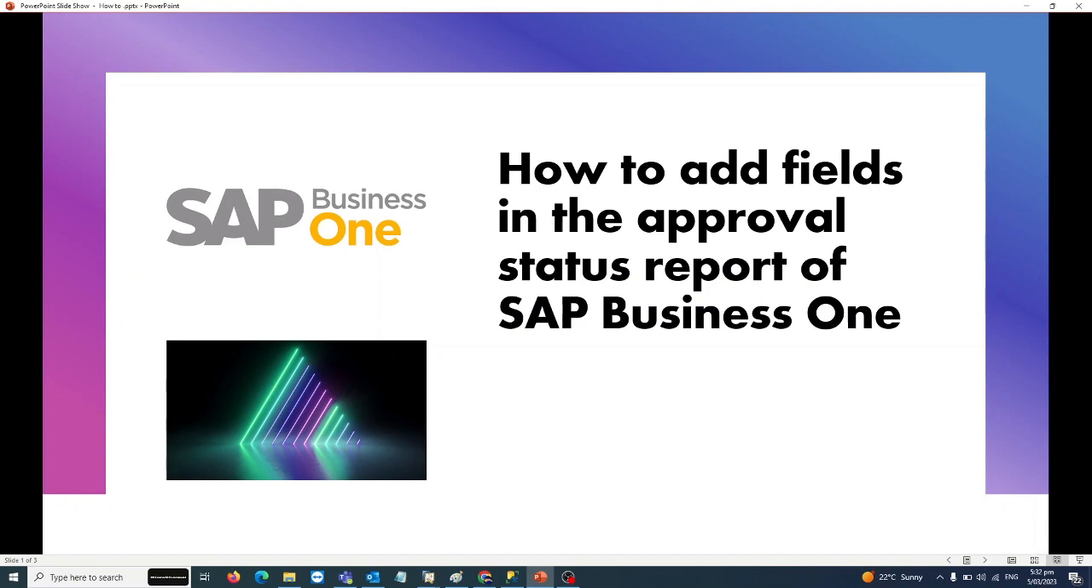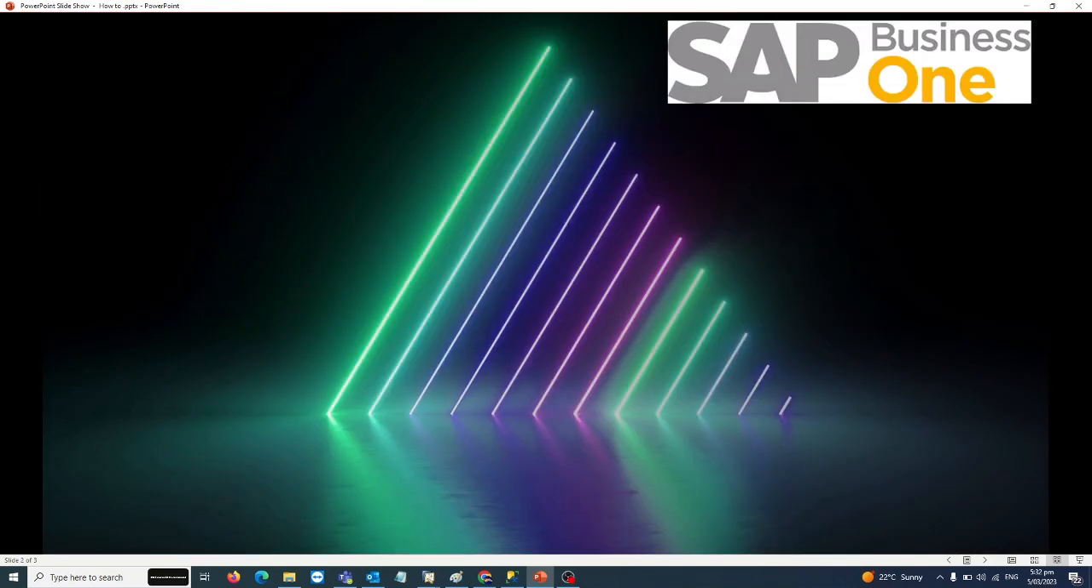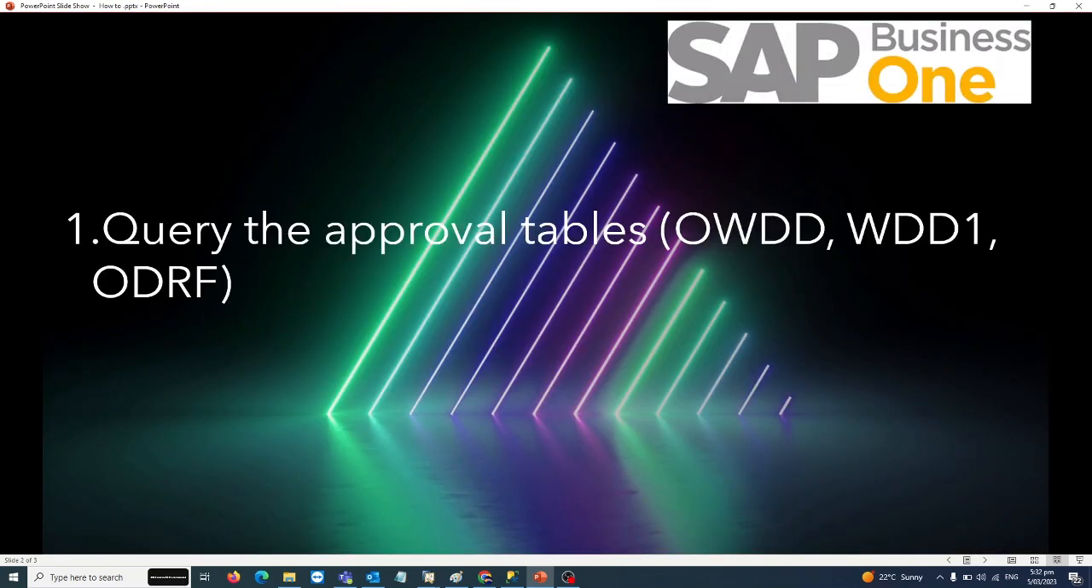So that's why there is a need to have a customized report which will show all the documents waiting for approval, and the approver can simply access this report and approve or reject the documents. So the process to develop the report is very simple. All you have to do is write a query, and the query will be